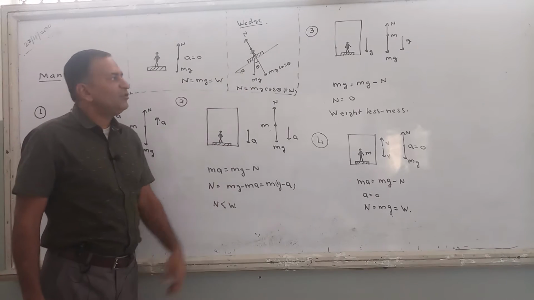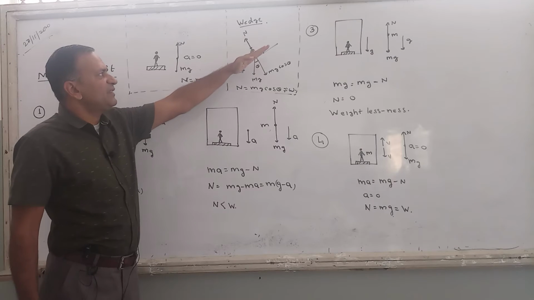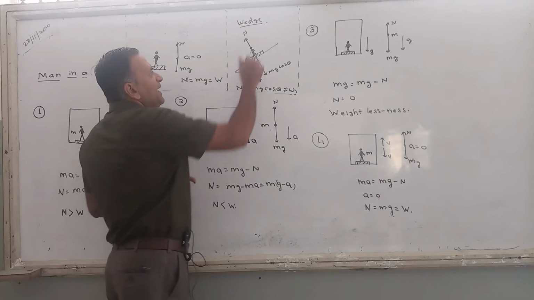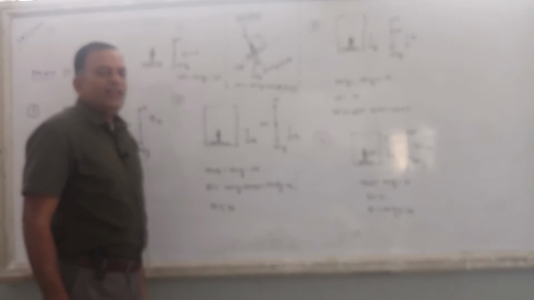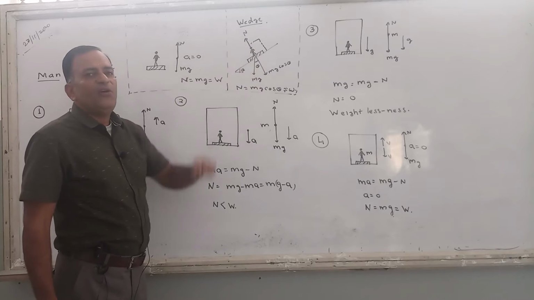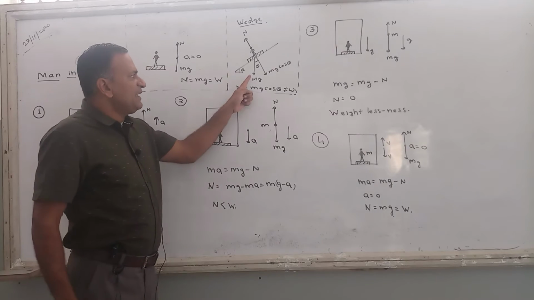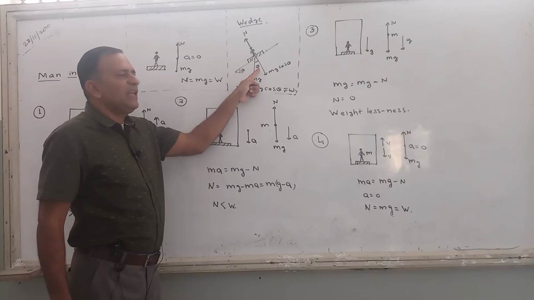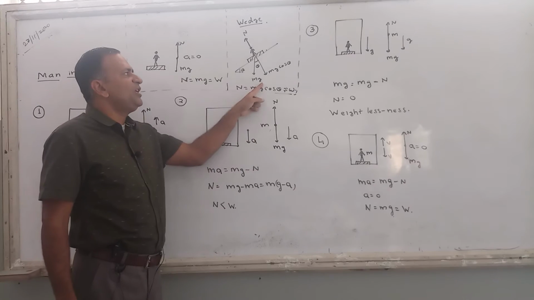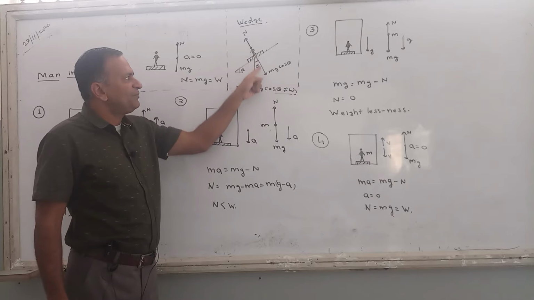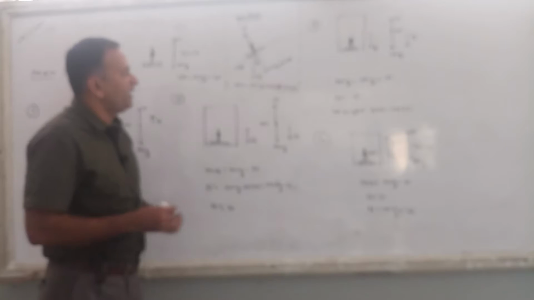What is the normal reaction force like? It is at 90 degrees to the surface in contact. So this is the normal reaction force, this is the contact surface. It makes a 90-degree angle with the surface, not with the earth but with the surface. This is mg, this angle is theta, so this angle will also be theta. You can turn it and see it yourself. Resolving mg, this will be mg cos theta and this will be mg sin theta. I have not written mg sin theta because it is not required here.